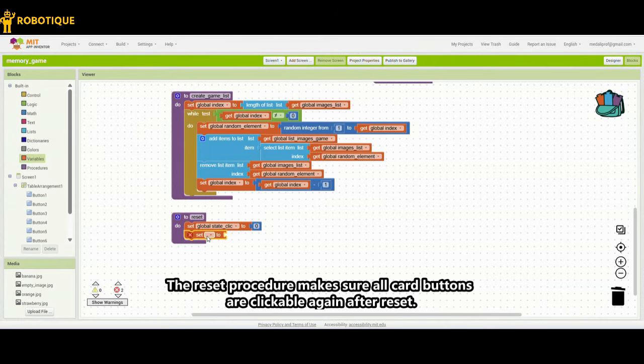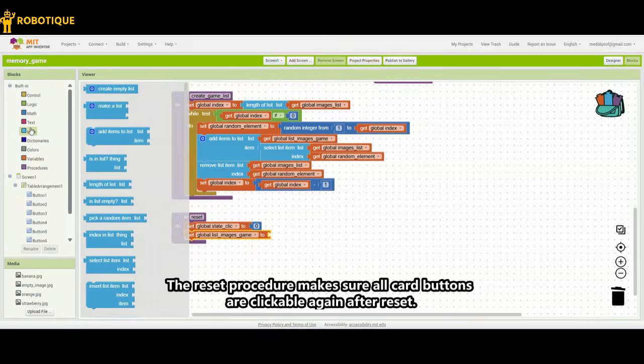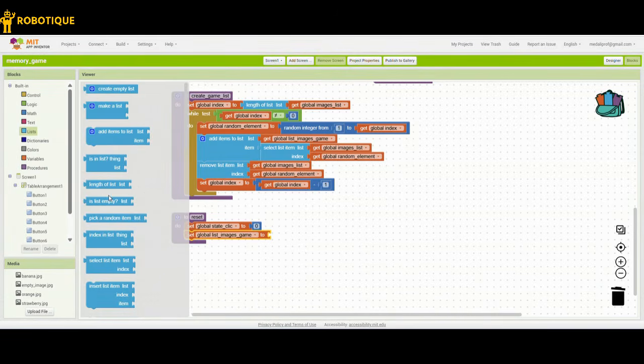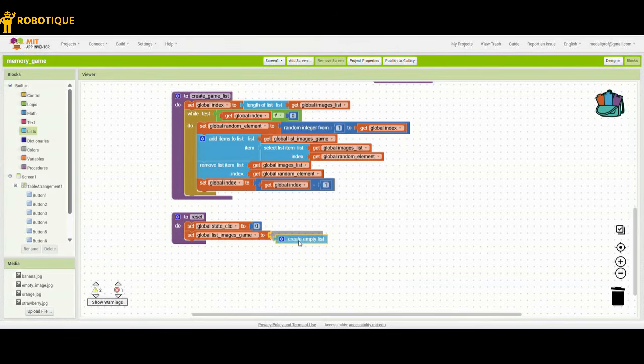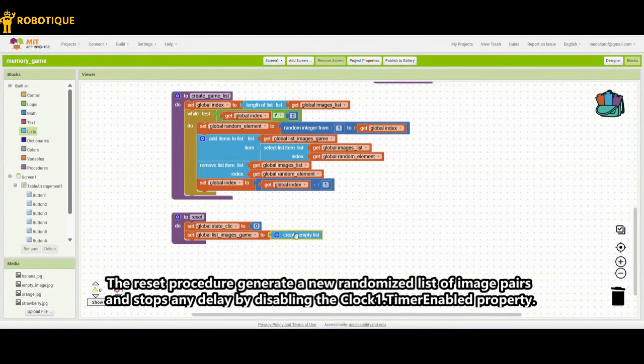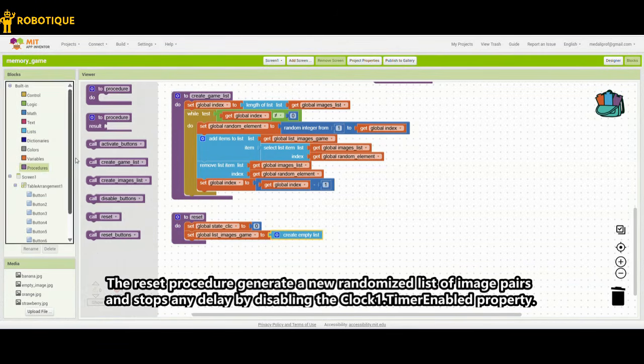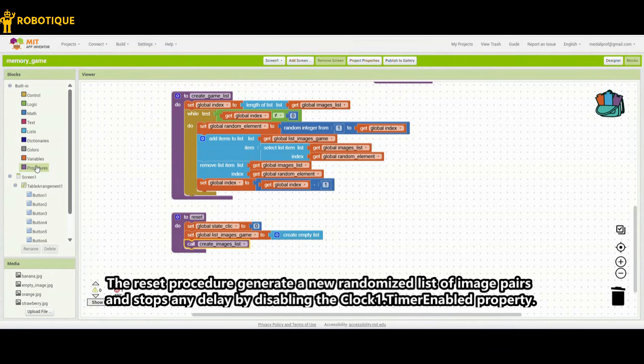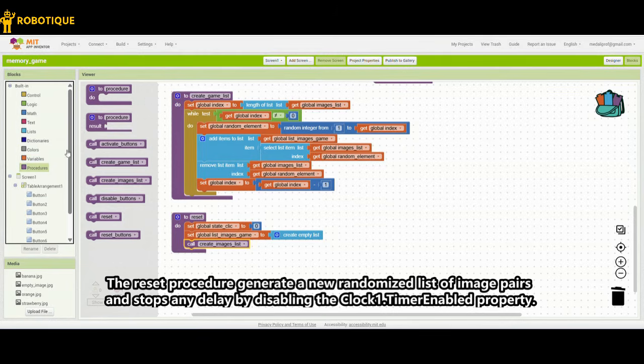It makes sure all card buttons are clickable again after reset. It generates a new randomized list of image pairs and stops any delay by disabling the clock1.timer enabled property.